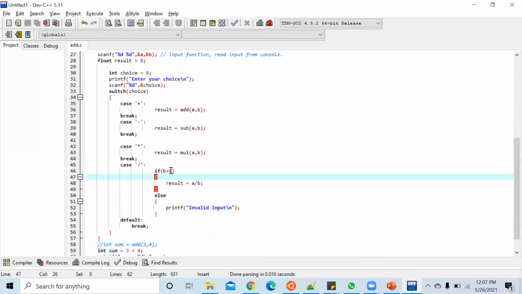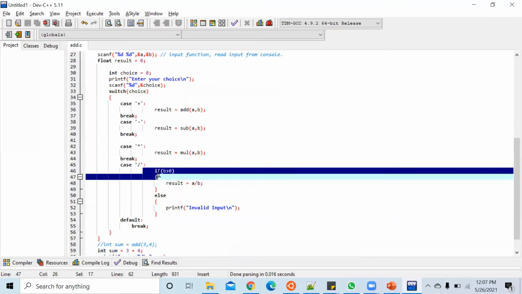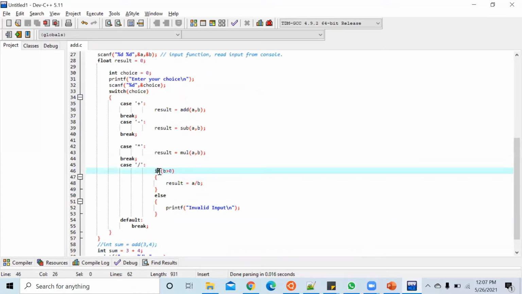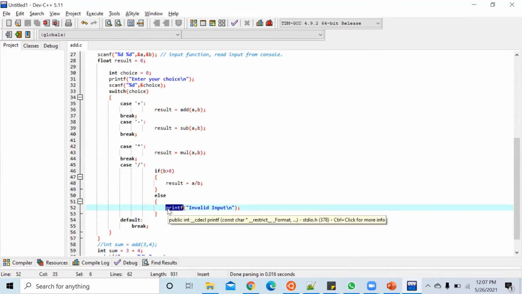So this is called as if. So we are taking a decision here. We are controlling the execution. The processor executes: if B is greater than 0, it executes here. And if B is less than 0 or equal to 0, it executes this statement, printf. So we are controlling the flow of execution, right? So that's why, to avoid these situations, control structures came. There are multiple control structures in C language. Okay, we will discuss that.